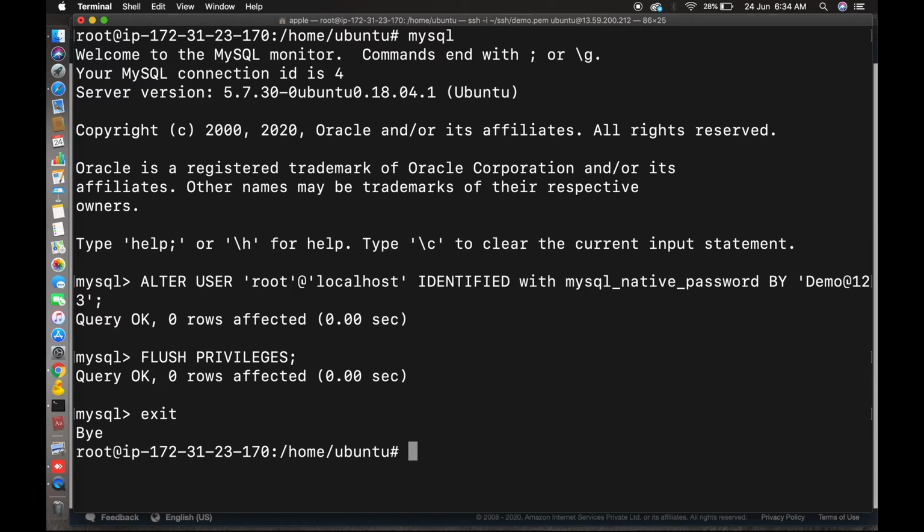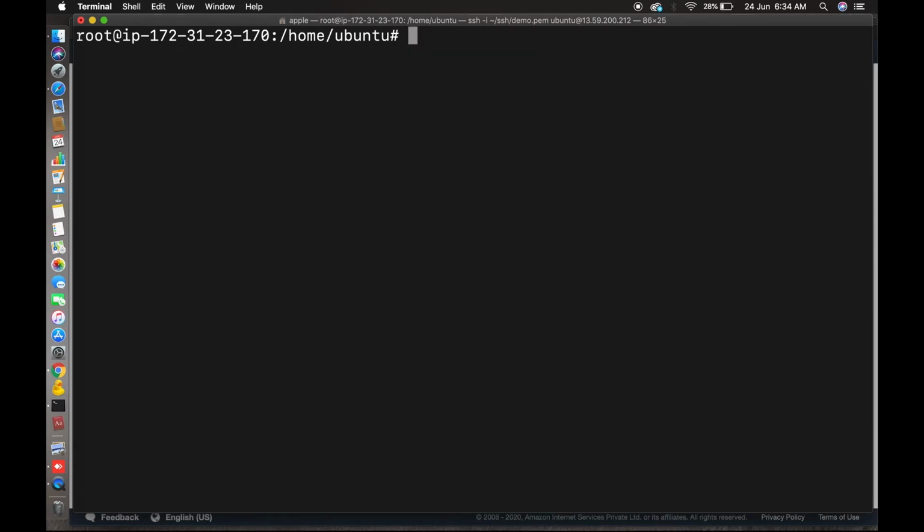Done. Now we'll install PHP. Let's make it clear. The command is very simple: apt install php, then module names, first FPM, the FastCGI module, and then the MySQL module.